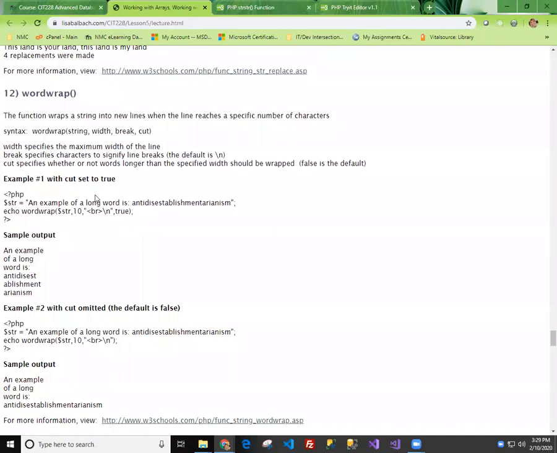Word wrap. So the default when you wrap text is for it to keep words together. Okay, you can say what your maximum width is, and then you can tell it if you want words kept together or not. So here I've got a little string. This is a very long word. It is a real word,